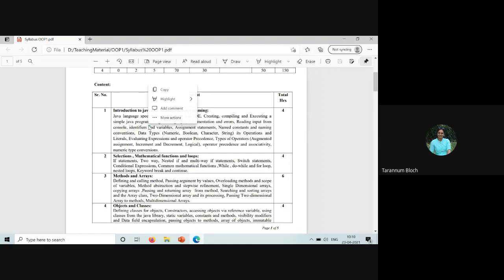But don't rely only on the PPT. Find other sources. As I told you, JavaTpoint and tutorialspoint.com are two good resources to learn Java. Still, I'll upload the PPT, but I again suggest do not rely on the PPT. You need to prepare for the examination in a different way. It's not like the class discussion. Still, I'll upload the PPT as soon as I get the time.